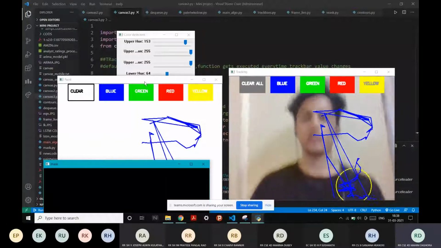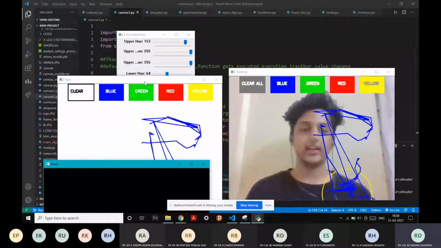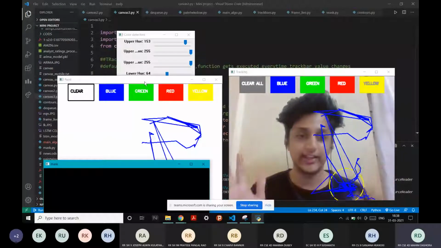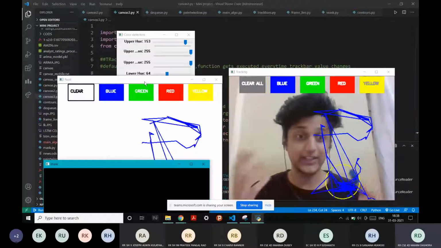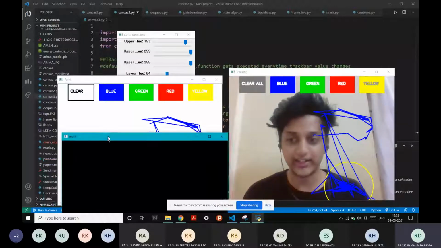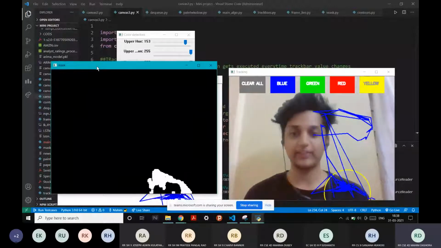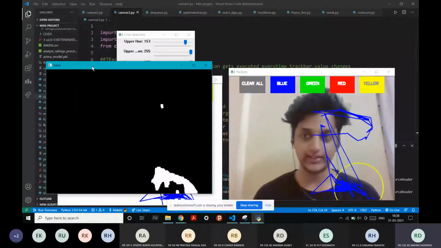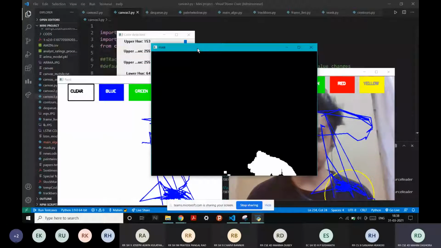As you can see here, our program is going totally haywire. It doesn't know what to detect and what not to detect. So why do we need to tune these HSV values? Why do we need a mask? Everything will make sense. In the mask, as you can see, that's why I want a black t-shirt, so that it's good for binary images.